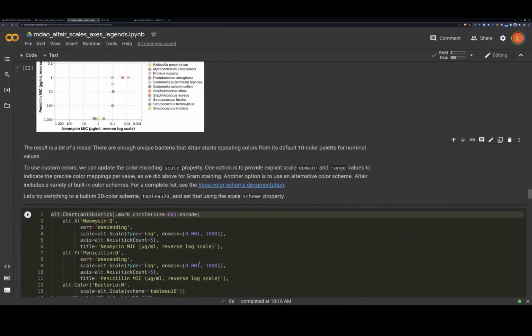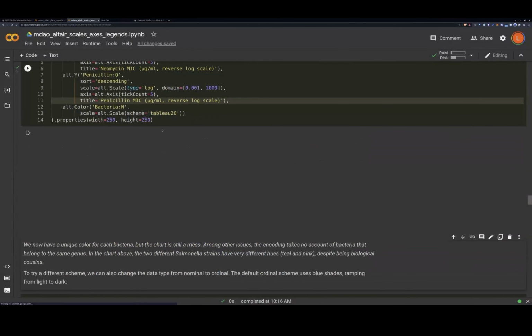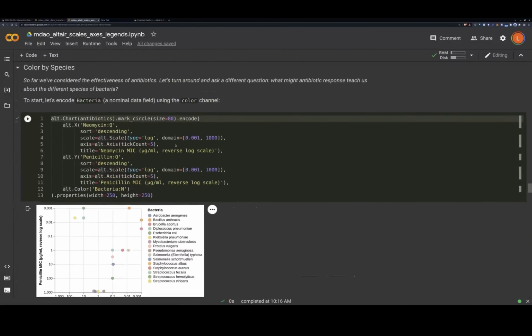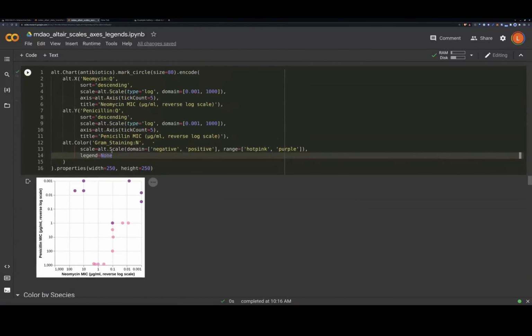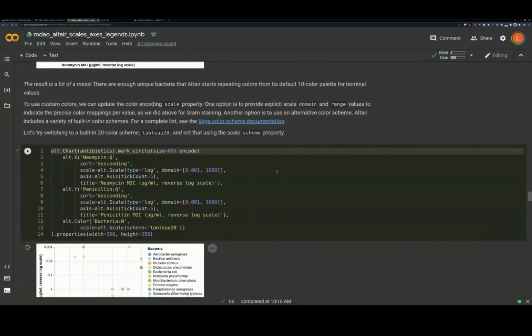We can start to fix that by using a different color scheme. So instead of doing alt.Scale with the domain and range to match the values with a color,